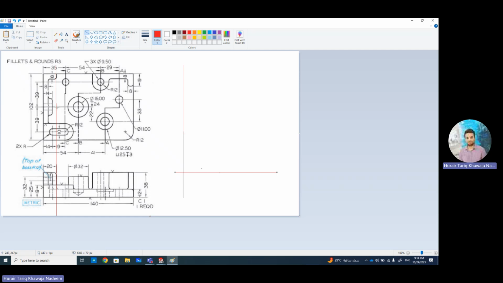The circle is actually in the middle. Let's make a circle, and the diameter of the circle is going to be how much? This is going to be 25. You can see,